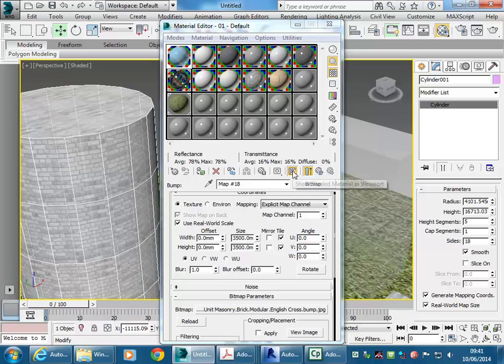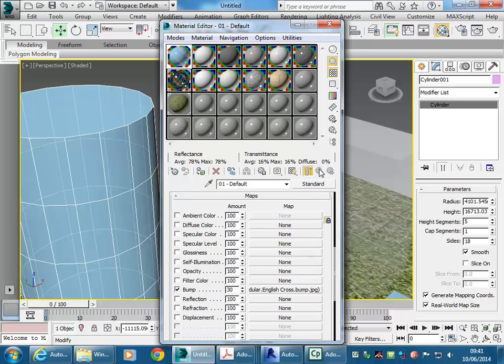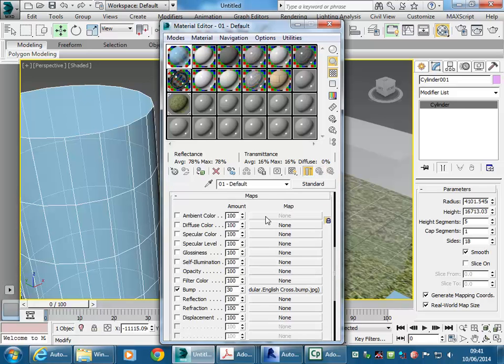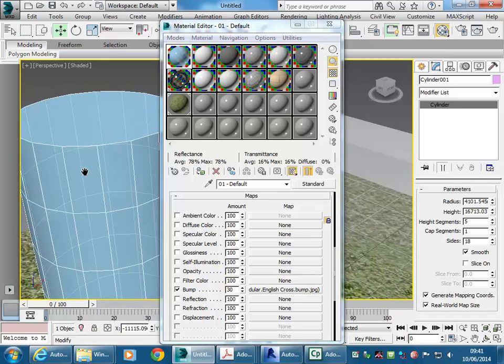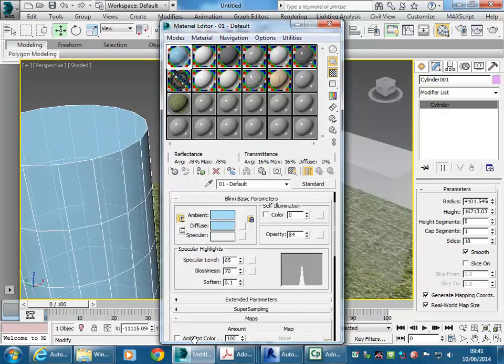Now that's showing the bump map. I'm going to turn that off and go back up a level. So using these arrows, you can navigate through the maps. If I again click on that map there, that'll take me back to it. And then again, I click on this arrow, Go to Parent, to take me back to the main material. Now I'll turn that button on again, and you can see it's not doing anything. Well, it's trying to show me the bump, but it probably won't do a very good job, mainly because the